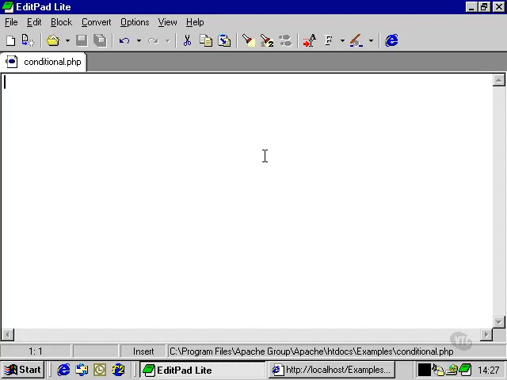There is another command that we use in PHP as an alternative to the if and else statements to carry out complex conditionals. This is called a switch statement. Let's take a look in our script. We'll start with exactly the same variable declaration,